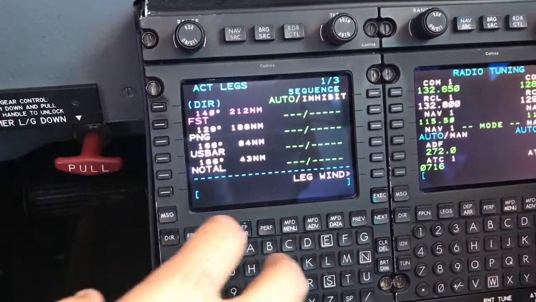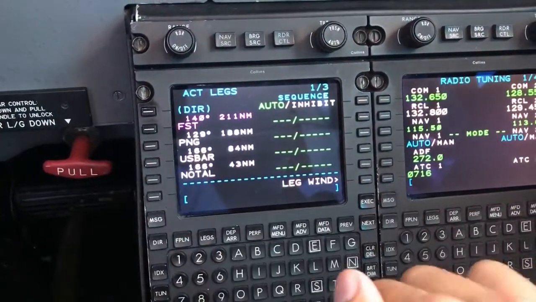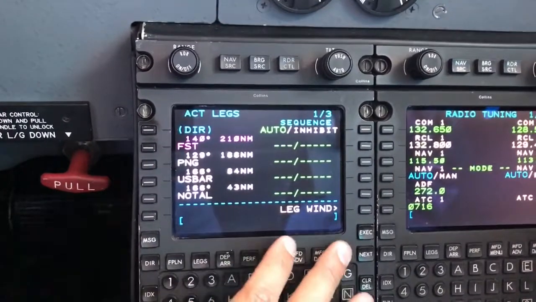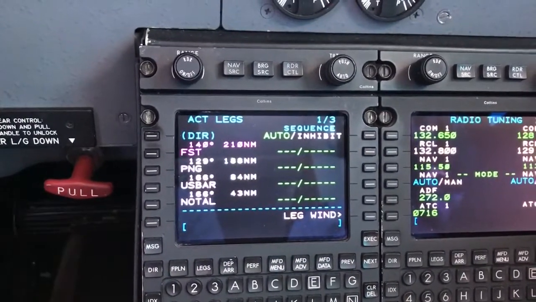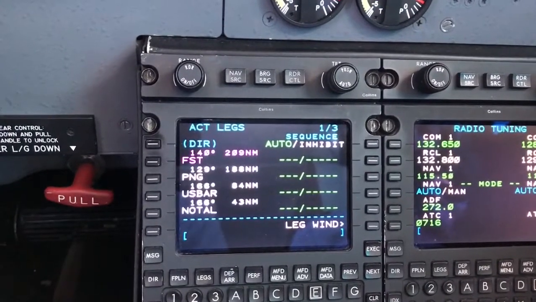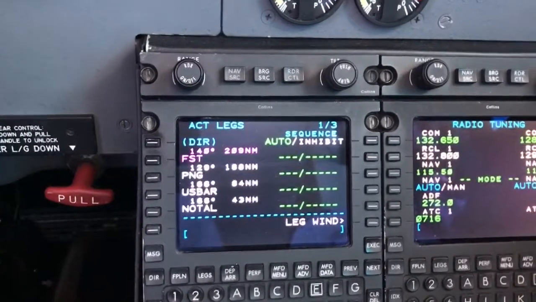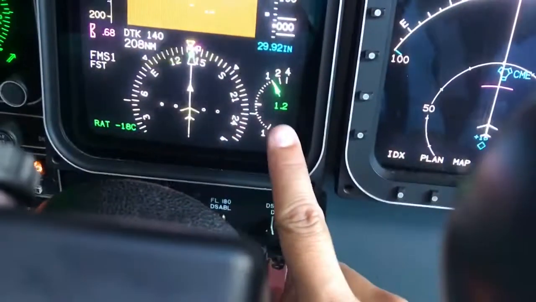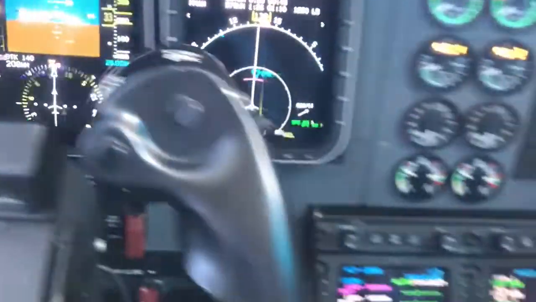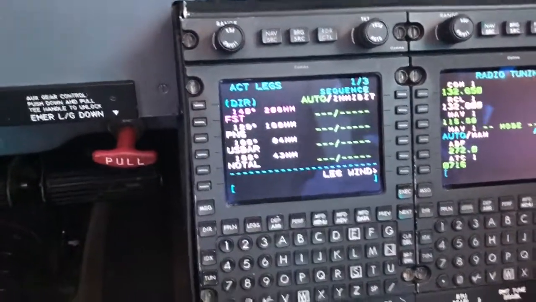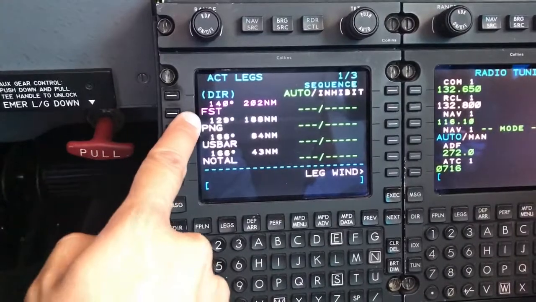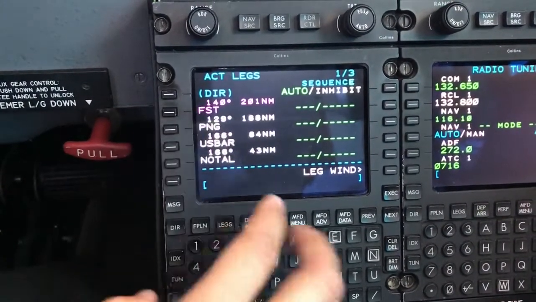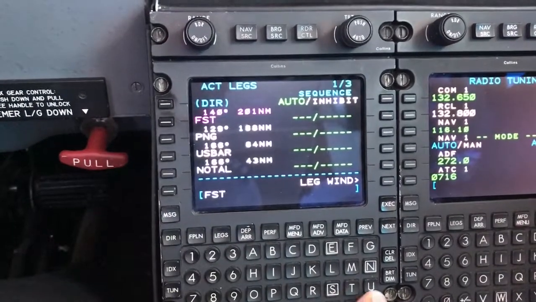Alright, so here we have the legs page in the FMS. We have all the waypoints we are gonna fly. For using the vertical navigation function on climb, you won't be able to use the autopilot for that. Perhaps you can use it to get a specific rate of climb in order to comply with a flight instruction from ATC. For example, if I want to cross Fort Stockton, we are now 200 miles off that. So if I want to cross Fort Stockton, let's say 170 miles